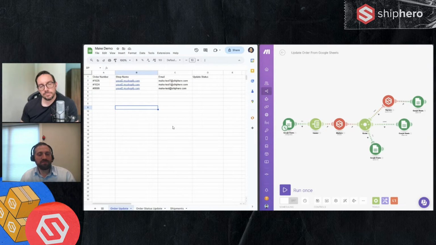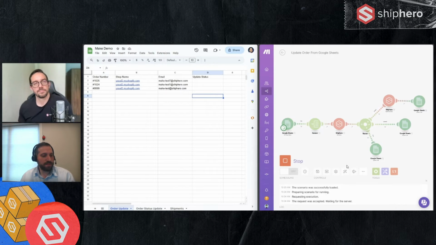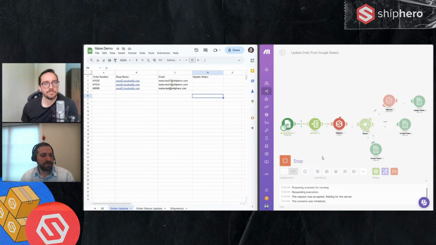First, let me run it so you can see it in action. Keep an eye on this column here. On the right side, you'll see things spinning and some numbers popping up. We'll talk about what that all means, but you can see it progress as it goes through the operation. So I'm going to hit run. You see things starting to happen. All right, and then you can see column D. And that's it.